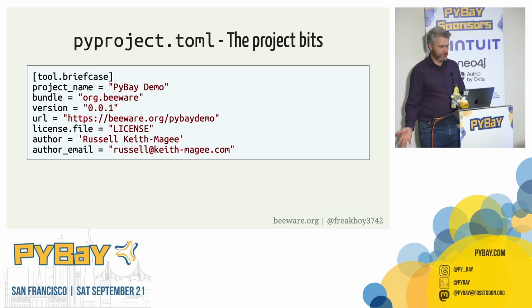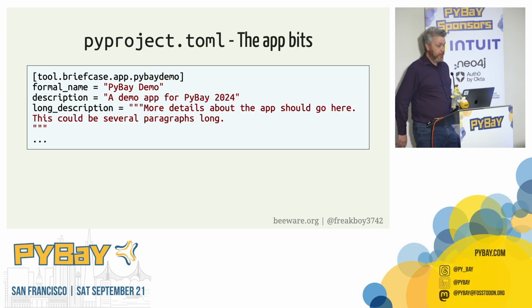pyproject.toml is your configuration file for the project. The contents of this file will match the answers that you gave in the wizard. All of the Briefcase-specific options are defined in tool.briefcase sections and subsections. The top-level project and author identification is in tool.briefcase. Individual apps are then defined in their own sections, so this configuration defines a PyBay demo app,